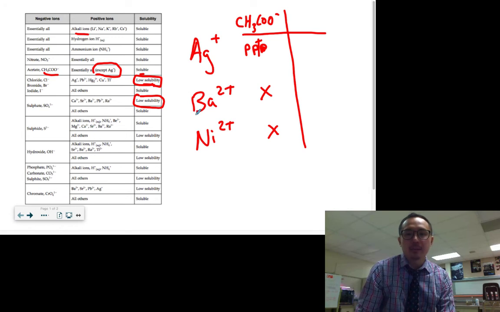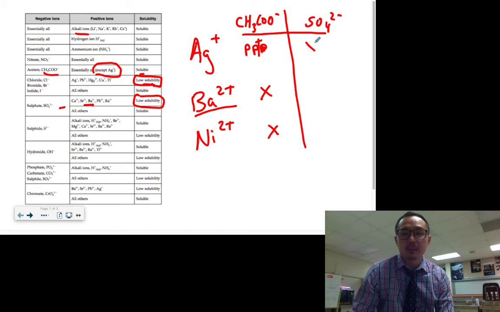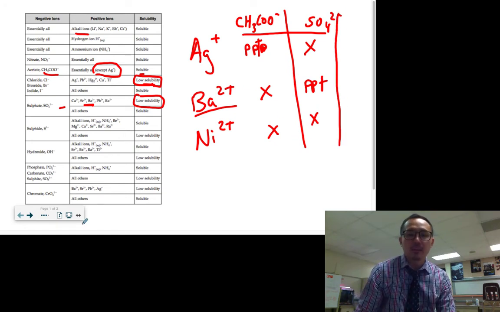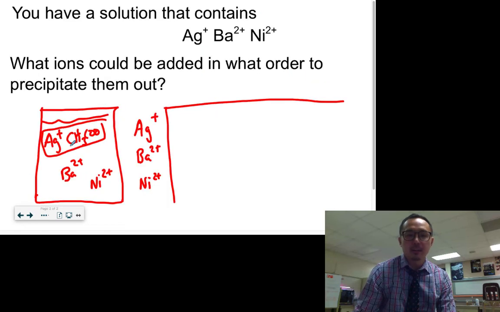Is there anything that would precipitate barium out? Let's see. Oh, this one, sulfate, seems to precipitate barium. Does it precipitate nickel? It doesn't. So I can put sulfate into the solution, and it doesn't mess with my silver because silver sulfate was soluble. So this would cause a PPT, and it will leave nickel to be a spectator. So that's done. So far, I can put acetate, I can put sulfate, and the last one,